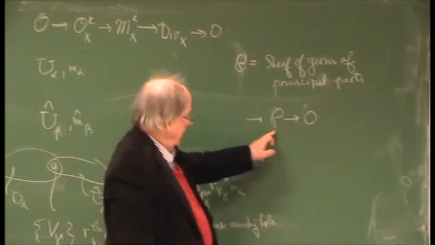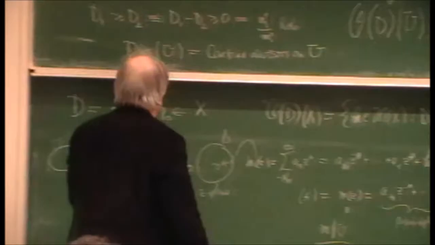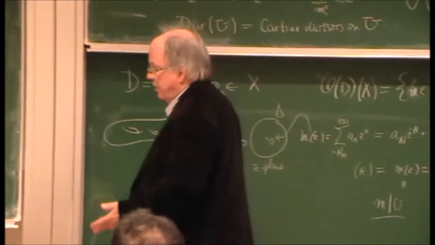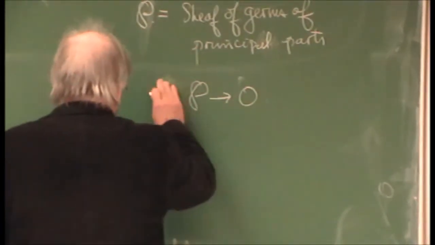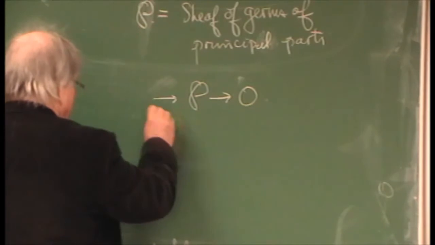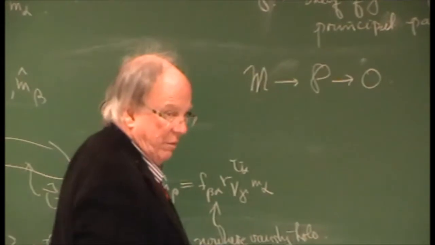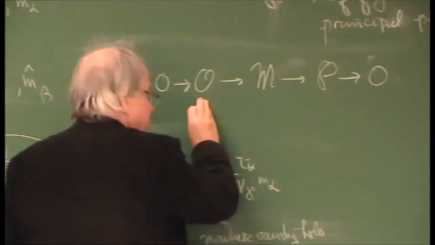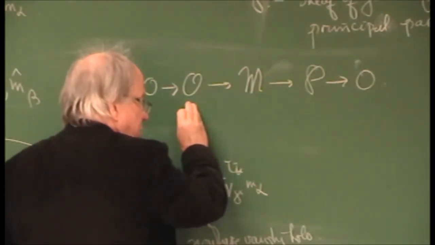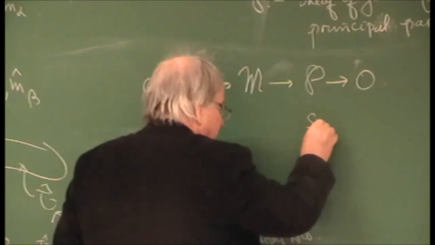Okay? Now what does it mean, principal part? It means that the negative part of the Laurent series is given in one dimension. So, it means that locally you have a meromorphic function that goes onto it, right? And the kernel of this thing is the trivial principal parts, the holomorphic functions. Okay? So here, this is given by a collection of meromorphic functions,